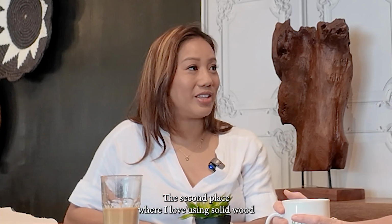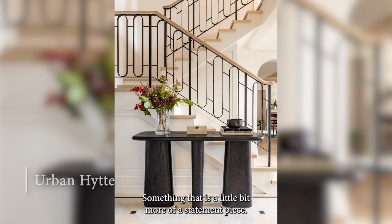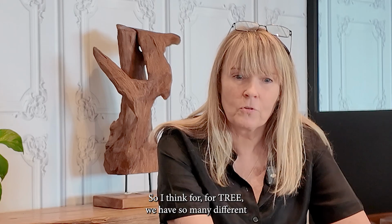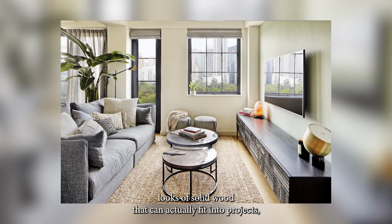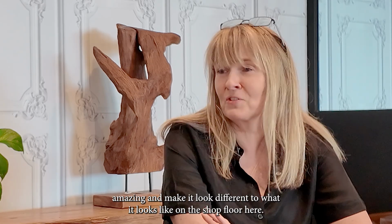The second place where I love using solid wood are in console tables or buffet tables, something that is a little bit more of a statement piece. Yes. It's something that brings an extra richness to the space. So for Tree, we have so many different looks of solid wood that can fit into projects, which is why we appreciate that Liquid Interiors loves solid wood and can integrate it into customers' homes and make it look amazing and different to what it looks like on the